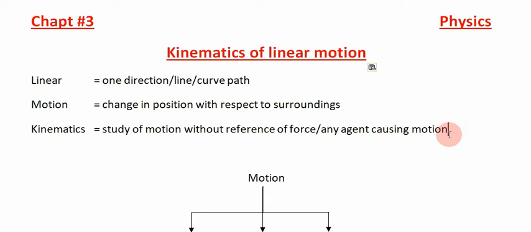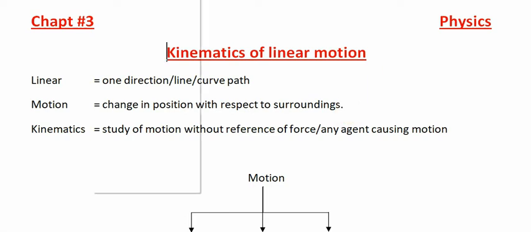When we are talking about motion, we cannot define motion without giving any reference. So the surrounding will be the reference which tells us about the changing of position of anything. When something changes its position, its surrounding is used as a reference to tell that the thing has moved from position A to position B.